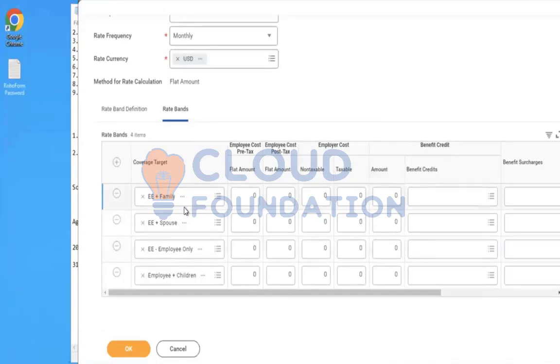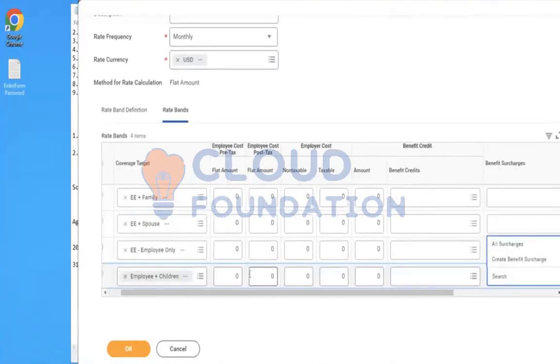Okay, first we'll go with employee plus child. So healthcare, right? It is pre-tax. Let's say if employee plus child is enrolling, we will give a flat amount of $135. Employee plus child, $135. Then employee plus domestic partner, I mean spouse, we will give it as